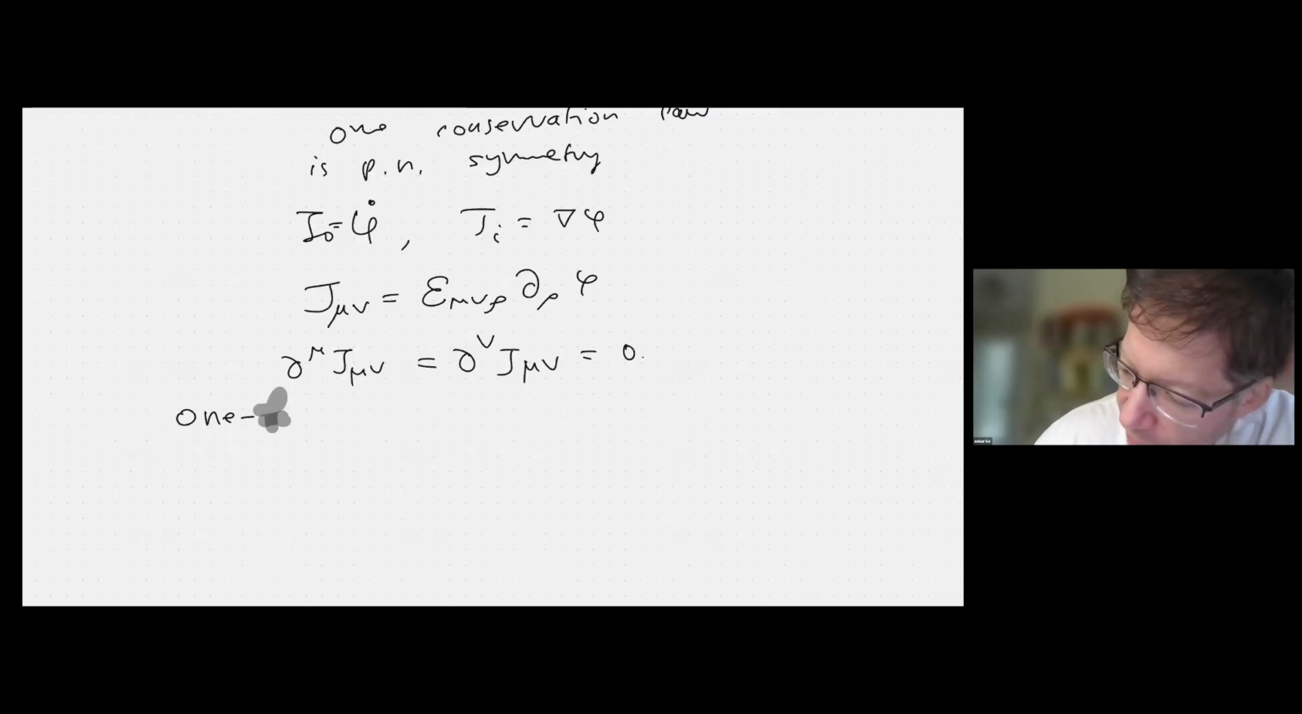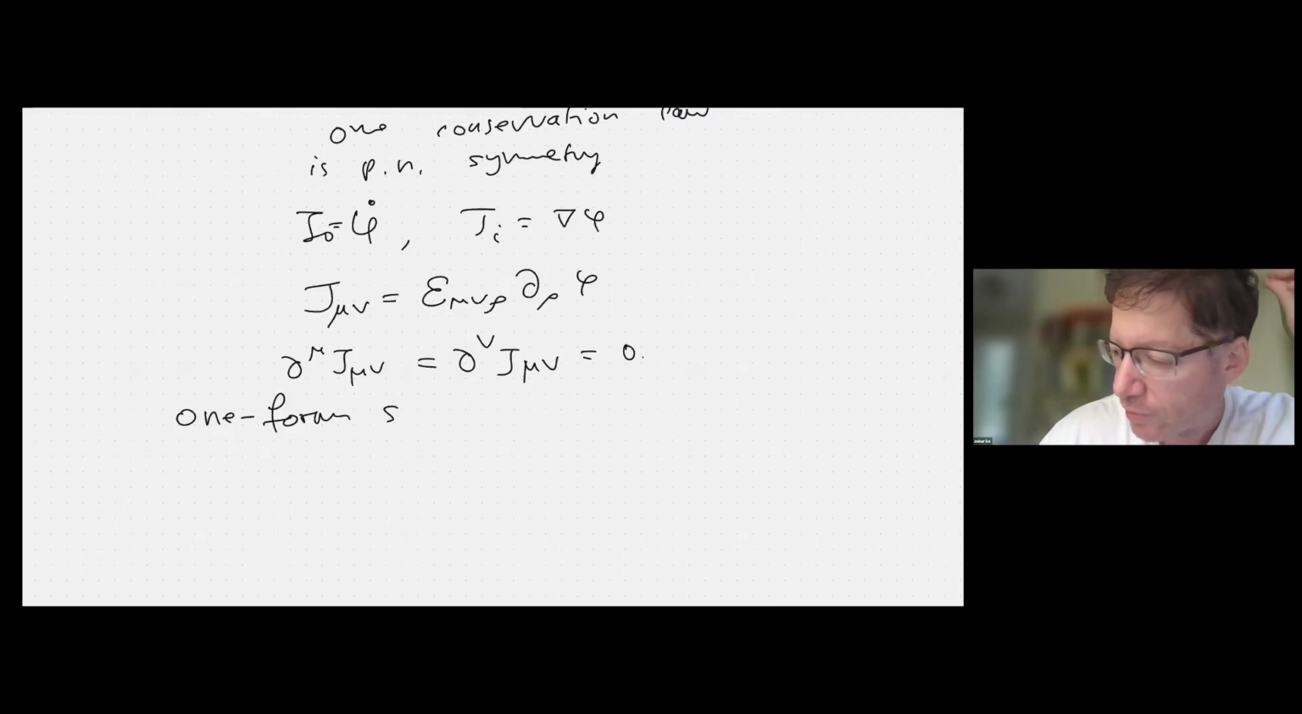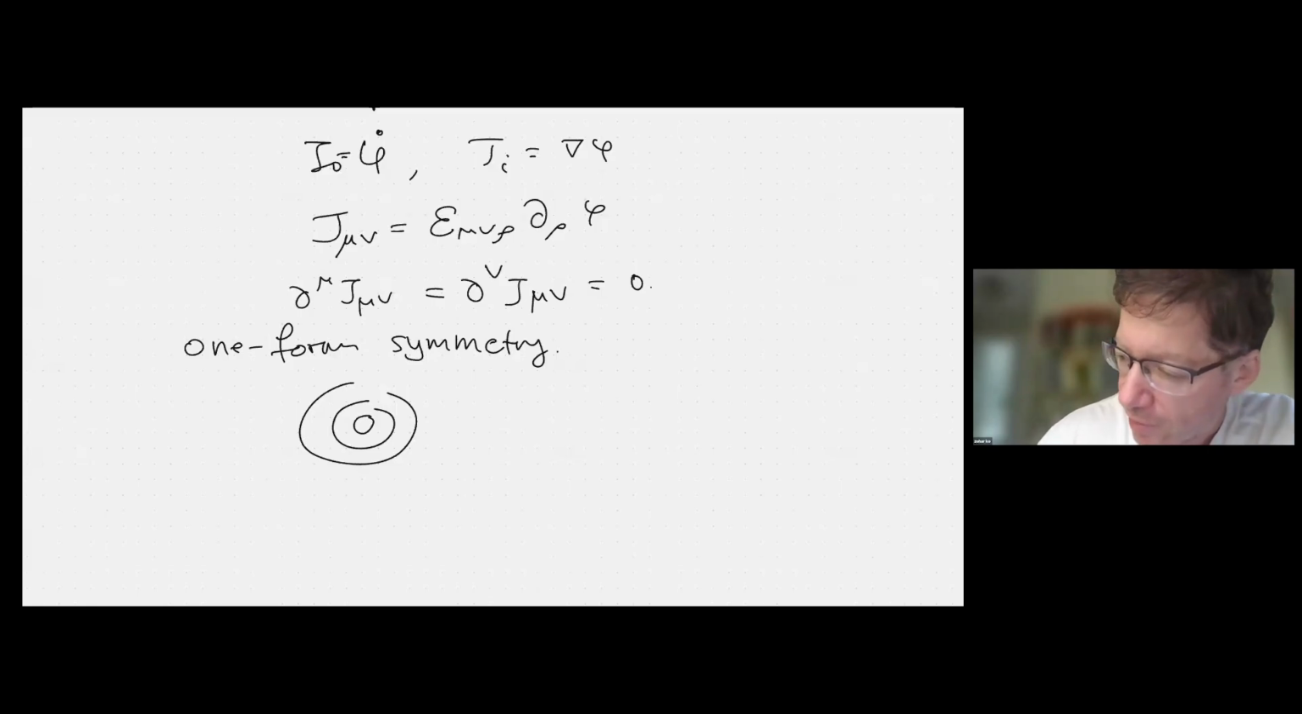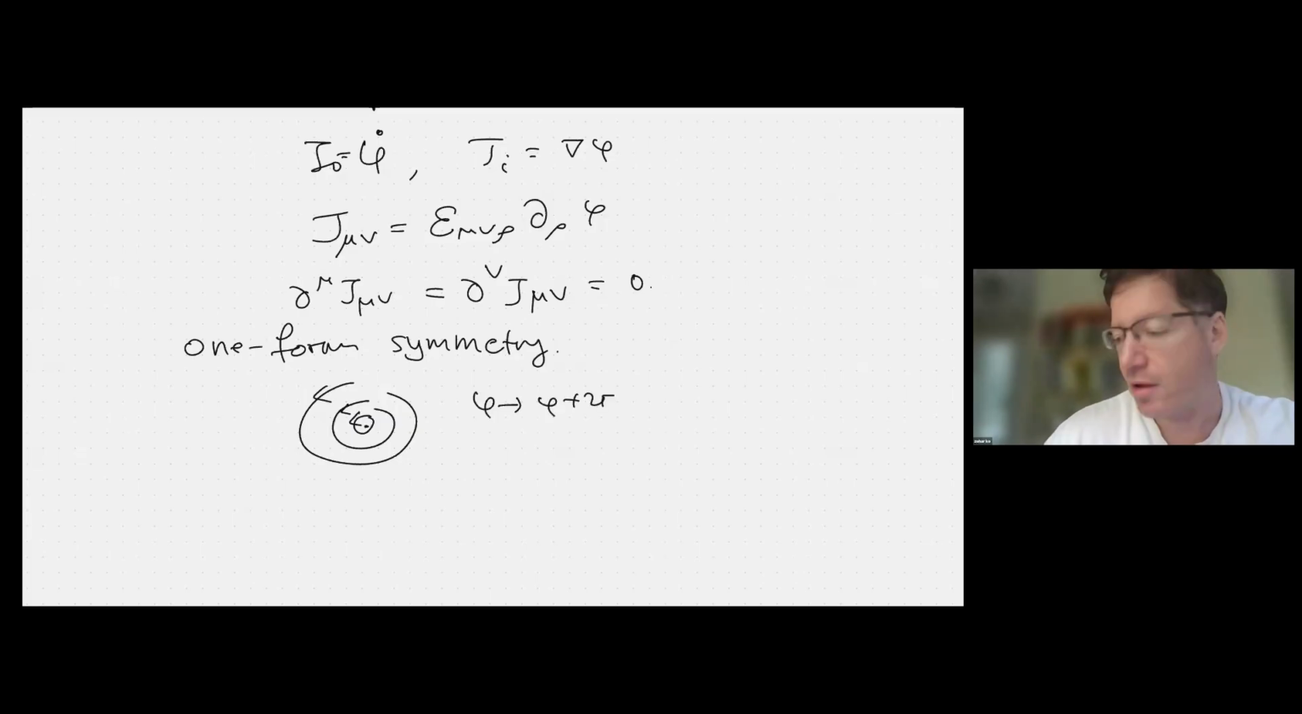It's called one-form symmetry. It means that there are some configurations, kind of defects, around which the fluid, the angle around which phi goes to phi plus 2 pi. And this gives us an effective field theory understanding of what vortices are. So superfluid vortices, from the point of view of the effective field theory,